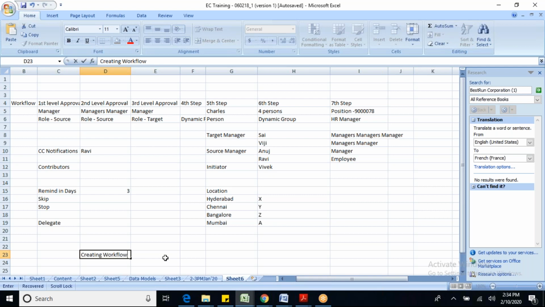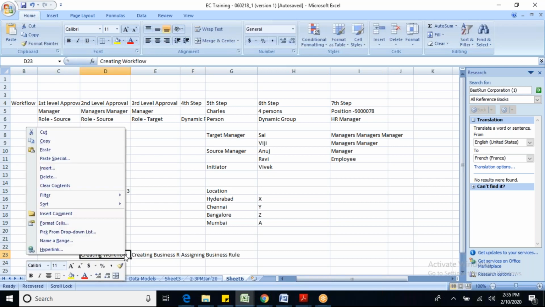The second part is creating a business rule. And the third part is assigning the business rule.